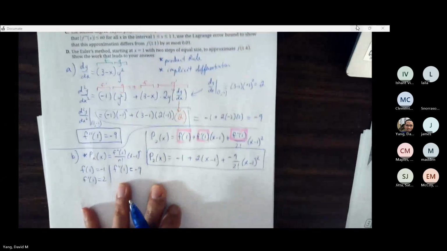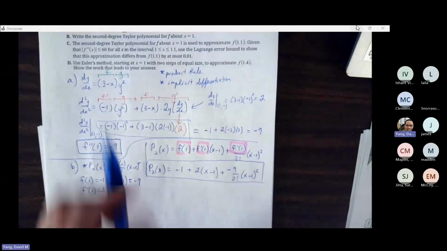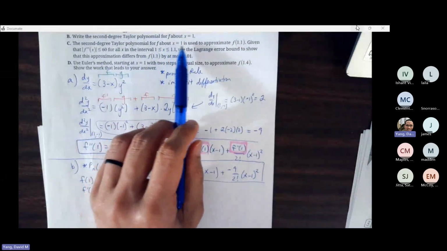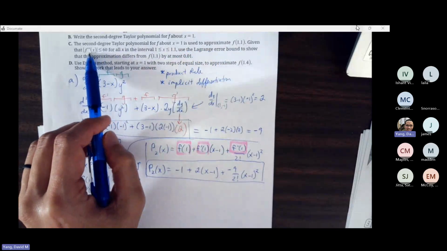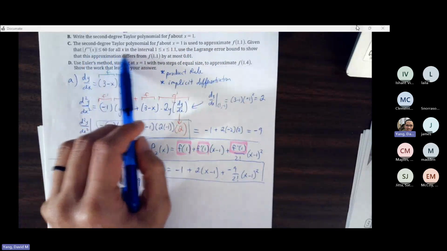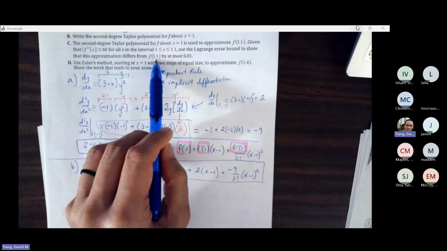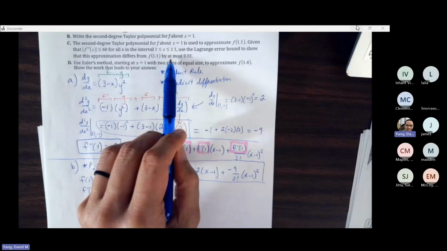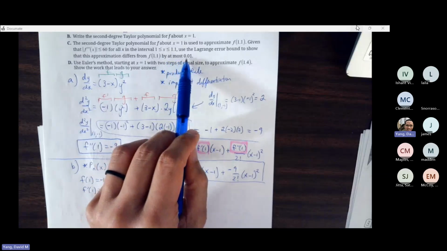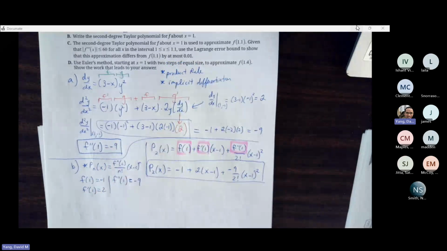Part C. The second degree Taylor polynomial for f about x equals 1 is used to approximate f of 1.1. Given that the third derivative is less than or equal to 60, use Lagrange error bound to show that the approximation of f of 1.1 differs by at most 0.01. So